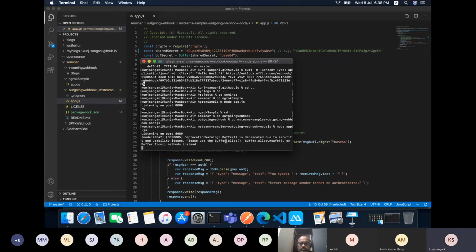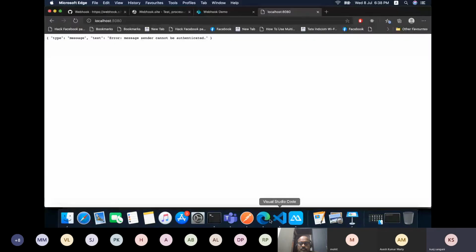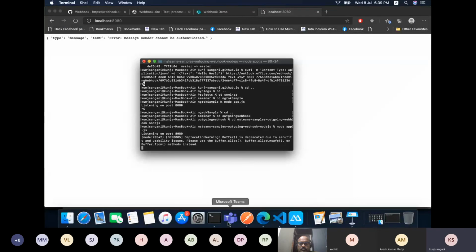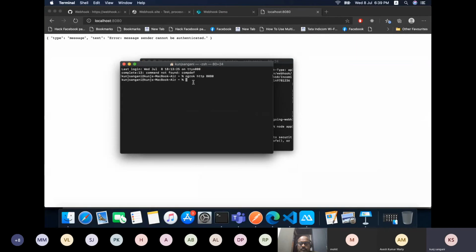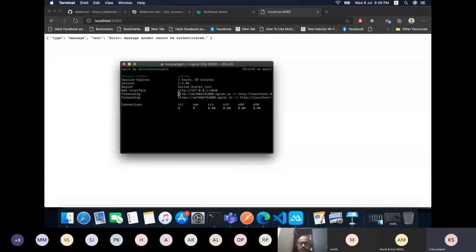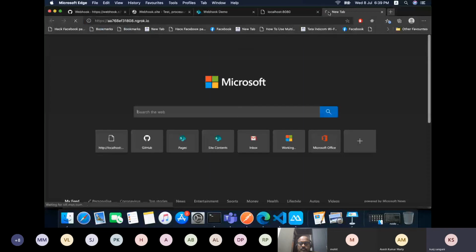Once this is up and running, let us test whether it is working on our localhost. Okay, it is working. Now we have the other terminal which is running and which has the same port number 8080. So let me copy that URL. Okay, it's not running. Let me start again. We'll be using this URL. This is very important because Microsoft Teams needs to send the data and it should be internet facing. So we'll be using this URL and not the localhost one. So let me copy and test once whether it is available or not. Okay, we are able to connect.